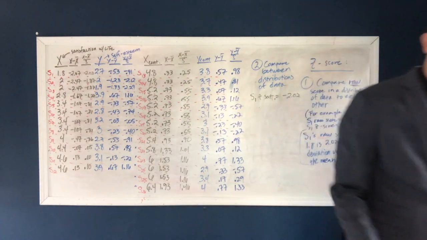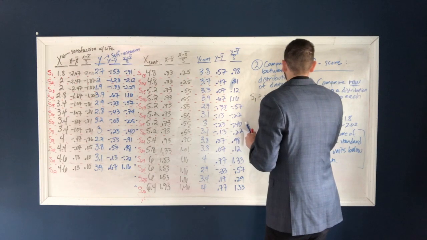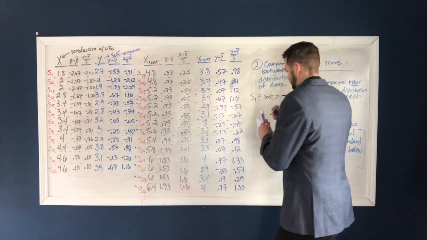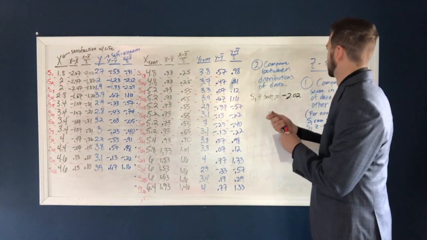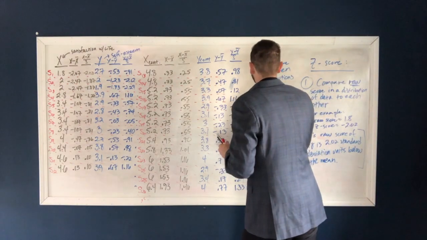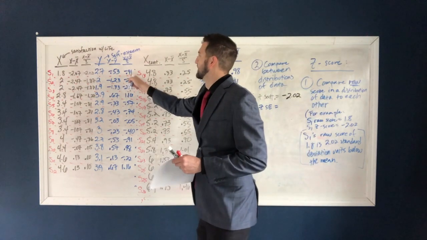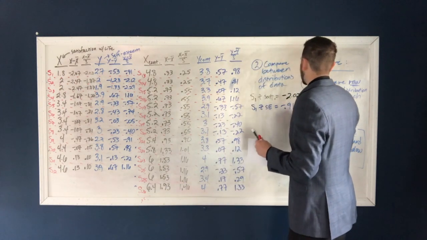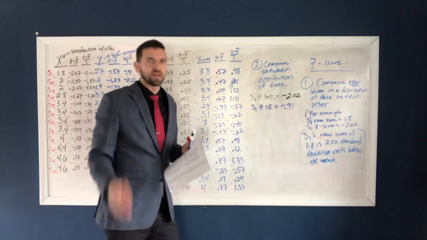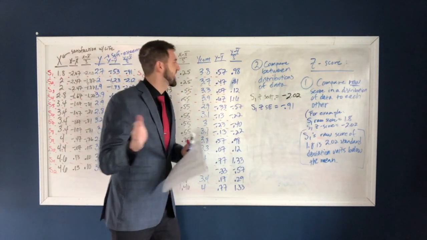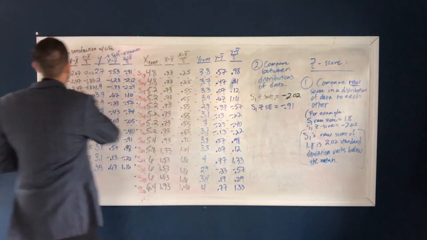I'm going to get a new marker. Alright, that's a lot better. Okay, and then subject 1, z for self-esteem is going to be negative 0.91. So again, the interpretation for subject 1's z-score for satisfaction with life is subject 1's raw score of